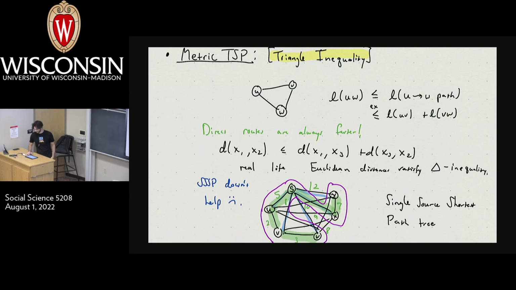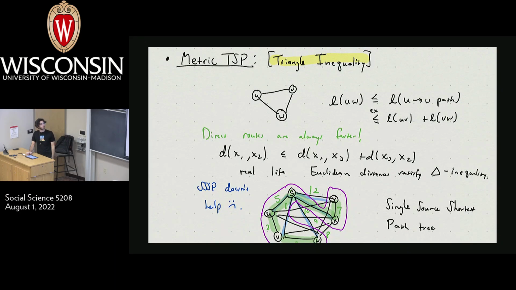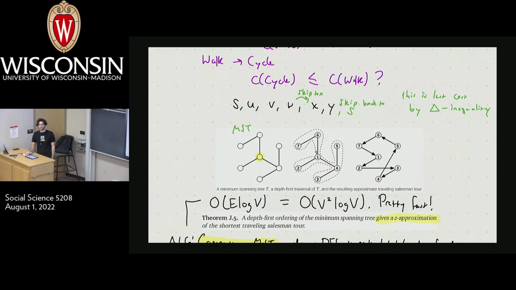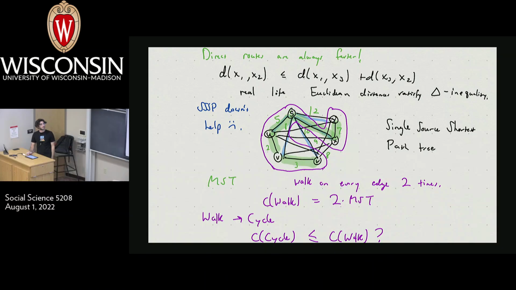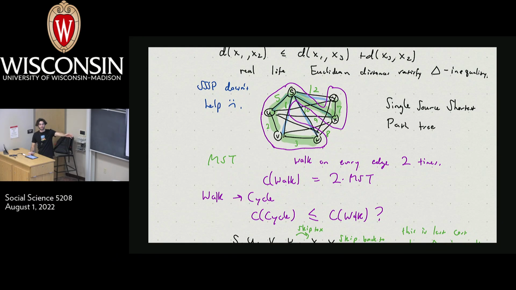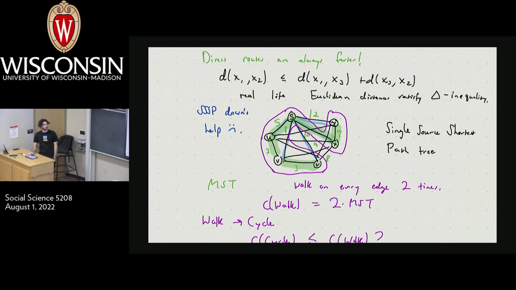So you explained that after doing the MST, we just loop over the MST, right? We do a DFS on it. But earlier in the example you were looping around the MST. Yeah, that's just to give you the idea that we create a closed walk that repeats edges twice. And then the actual cycle we create will be smaller than that. That walk is obviously twice the size of the MST. That's also just like running DFS. And that's why we say even DFS will give you less than twice of